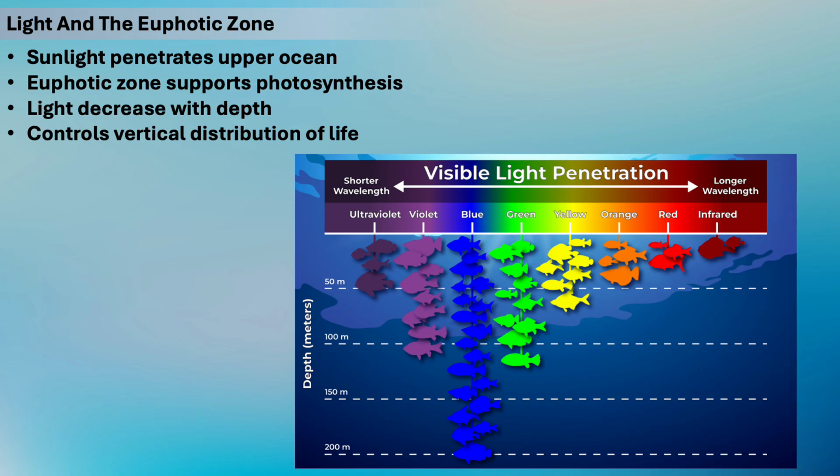As you know from previous lectures, this creates a strong vertical gradient in biological activity, where energy input into the system is concentrated near the surface and then redistributed downward through sinking organic matter, grazing, and vertical migration. This introduces an important concept. Productivity is not controlled by light alone, but by the balance between light availability and the time spent in the